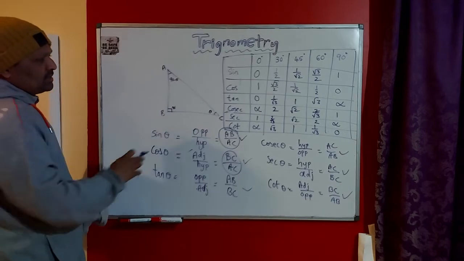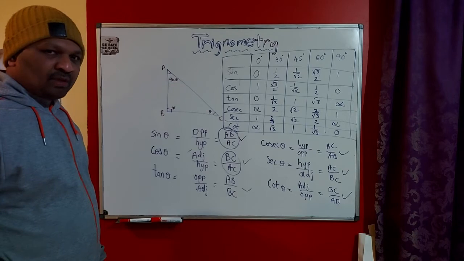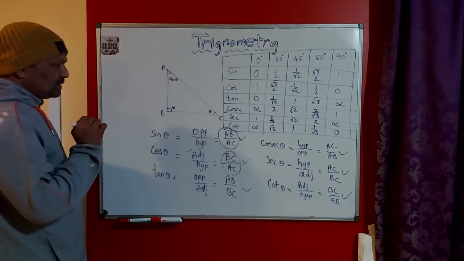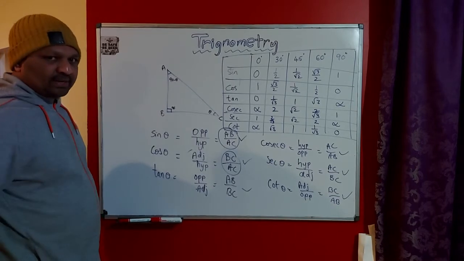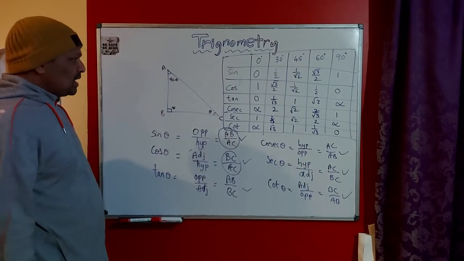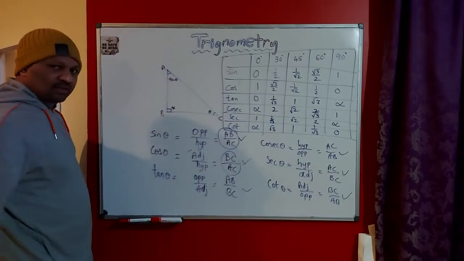So I was talking about CO. Here it refers to complementary. What is a complementary angle? An angle and its complementary angle: the sum of those two should be equal to 90 degrees. Okay, so assuming that theta is one angle, what is the complementary angle for theta?